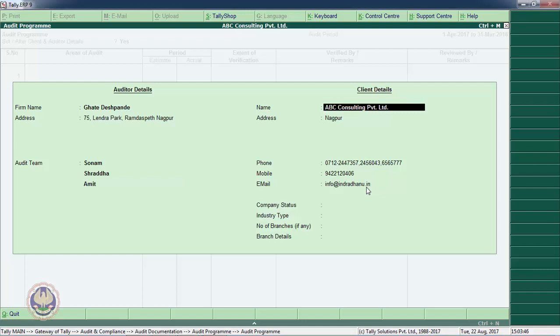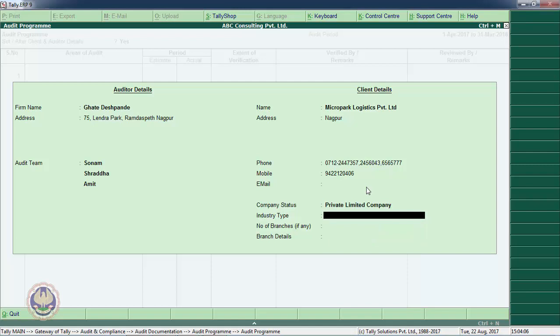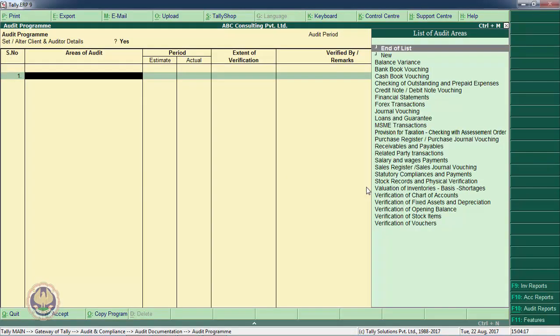I can write the name of my client as company status, private limited company, industry type, number of branches, none, branch details.